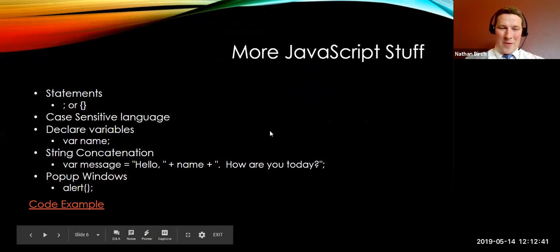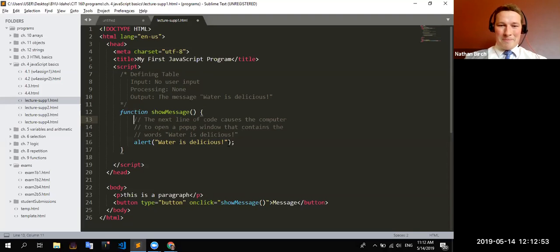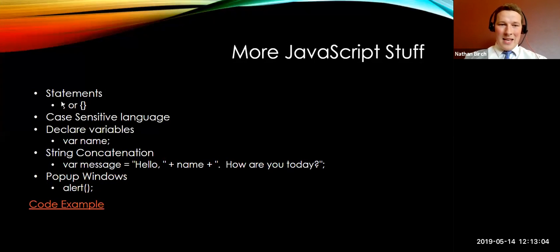All right, a couple of other things. Statements. I had some questions last week about the importance of semicolons. It is important to put semicolons at the end of your statement. So if I look at this right here, I have this statement that ends with a semicolon. And then I have these curly braces, which denote the beginning and ending of a function in JavaScript. A function is technically a very large statement with a bunch of other statements inside of it. And so all of your statements should be concluded properly, either with a semicolon, or if it's a function, ending with a closing brace. As we mentioned last week, JavaScript is case sensitive.